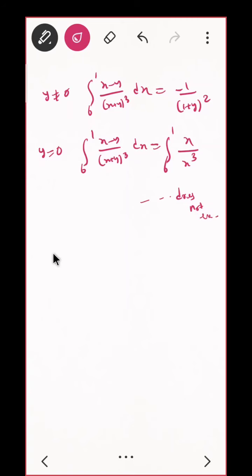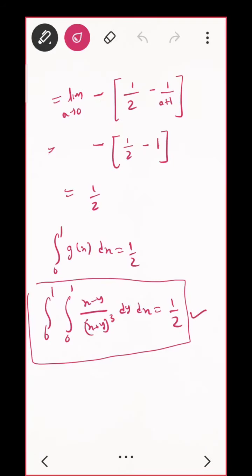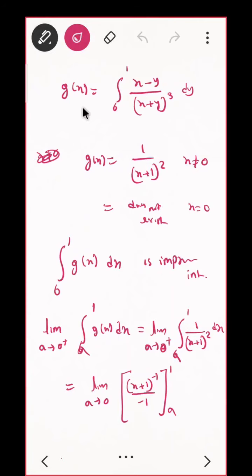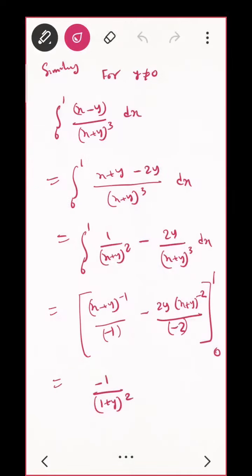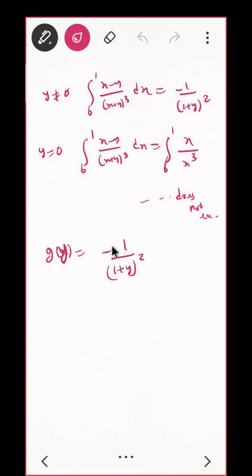Exist. Correct. So if I define my gx as the function, what is my gx? Minus 1 upon (1 plus y) the whole square, or let me write the integration if you want. Correct. In this case it is gy. Do you see that? It will be gy. Similar to this I am writing. You see, where were we? Here I defined gx equal to this, then later on gx is this and this, same thing. So it will be gy. Let me write the integration first.